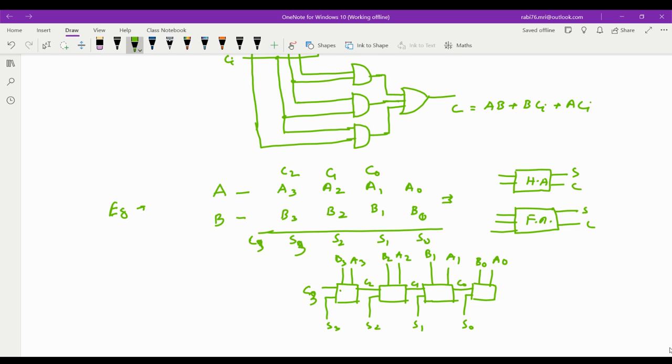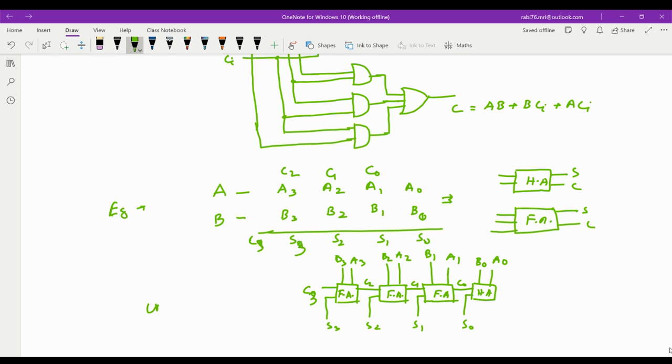So three full adders and a half adder. You need not a full adder here, because if there is a full adder, this bit has to give you 0. You can perform the operation of a half adder with a full adder also, but you cannot perform the operation of a full adder with a half adder, right? So three full adders will be needed and one half adder will be needed. This is the circuit for adding